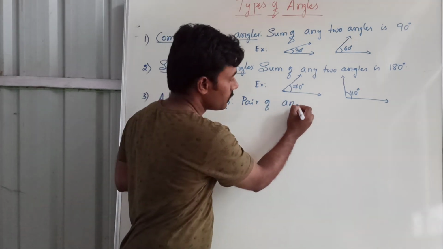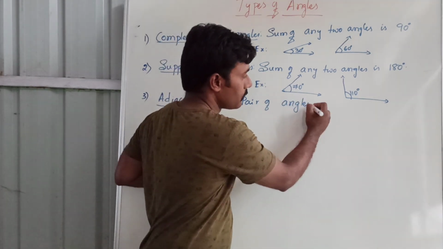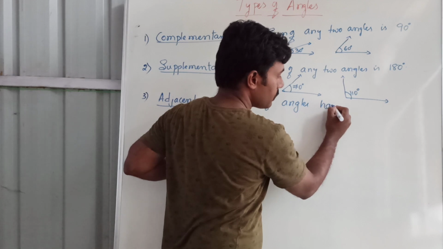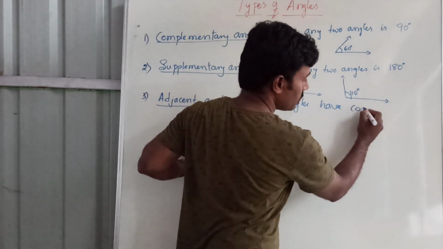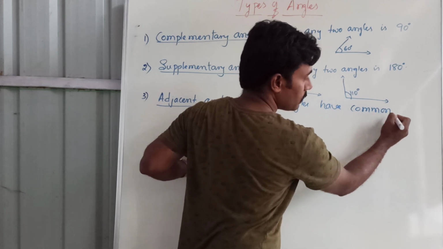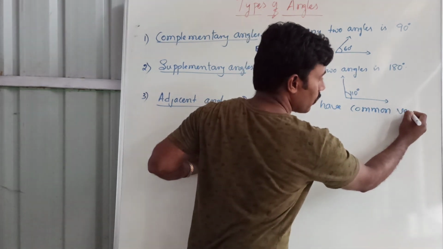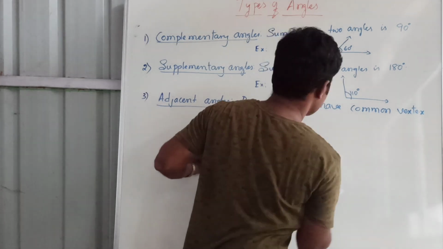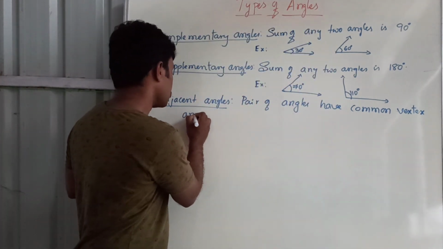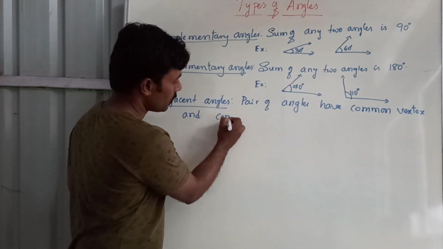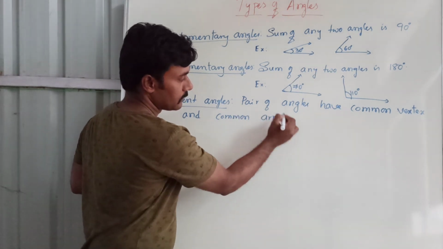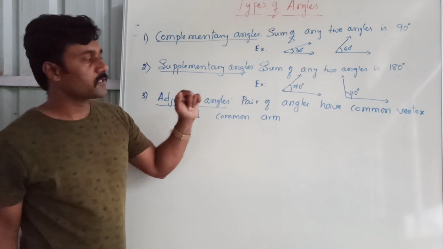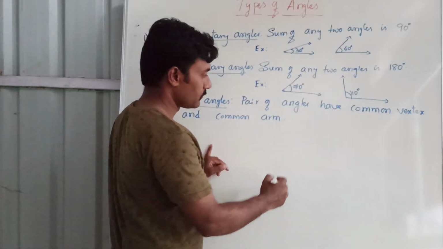Pair of angles have common vertex and common arc are called adjacent angles. Example,